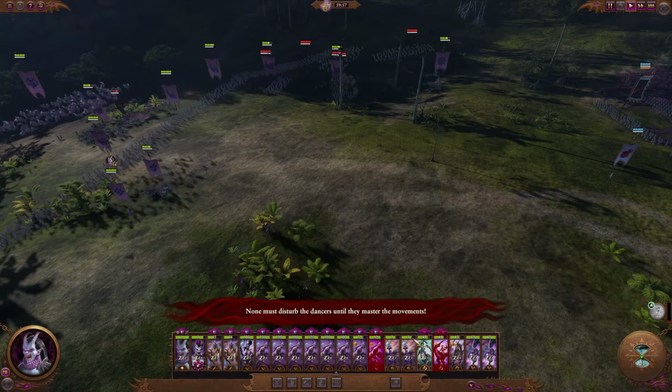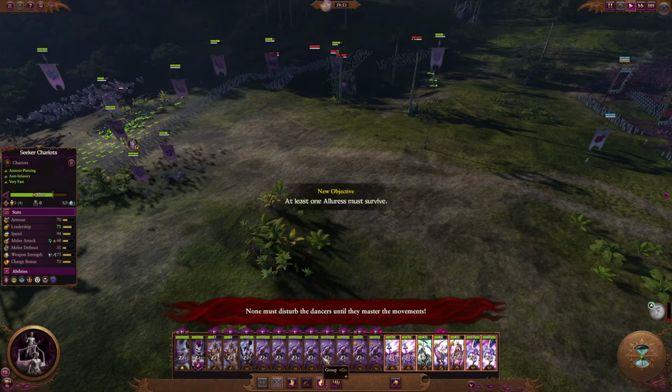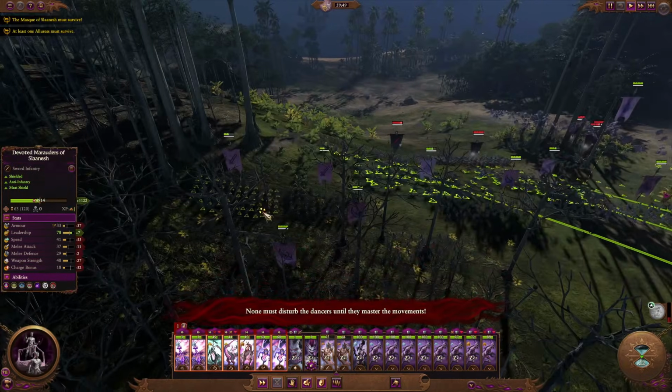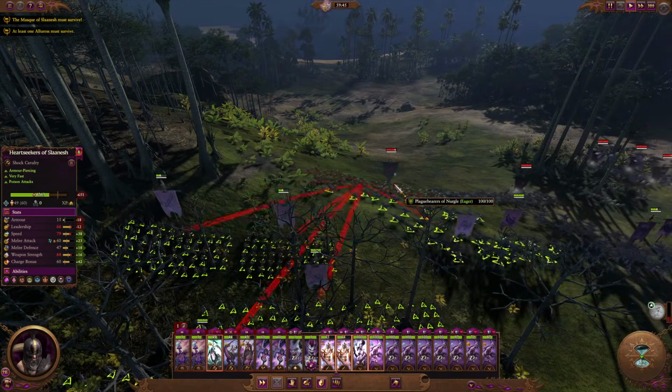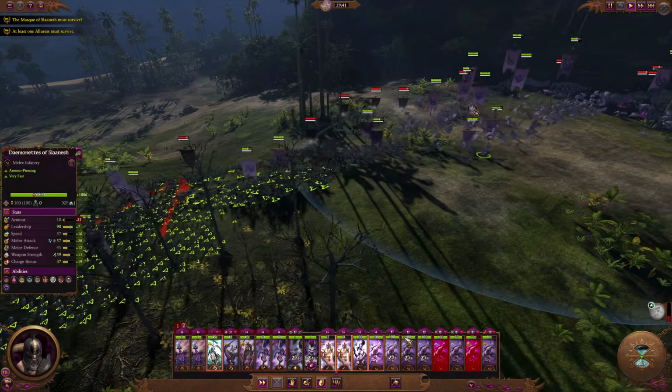So, as you can see, it starts out as an ambush battle in which they're already attacking you. They're right on top of you immediately, and they even manage to get off a cast of Spirit Leech. Also, your army is really heavily unbalanced because you've got loads of melee that's way out of the way here. So, yeah, you want to